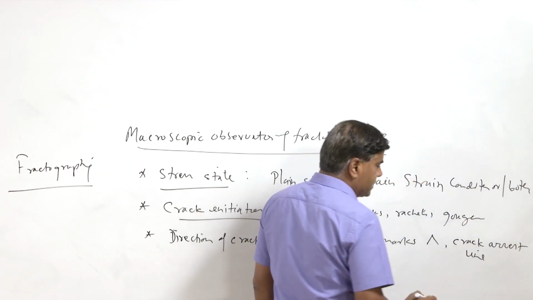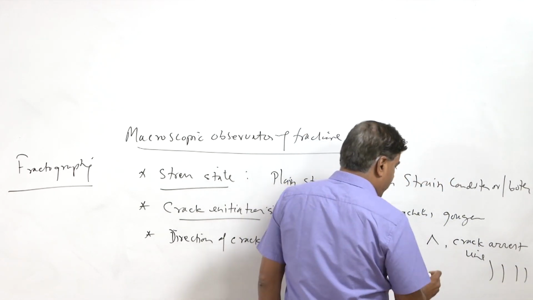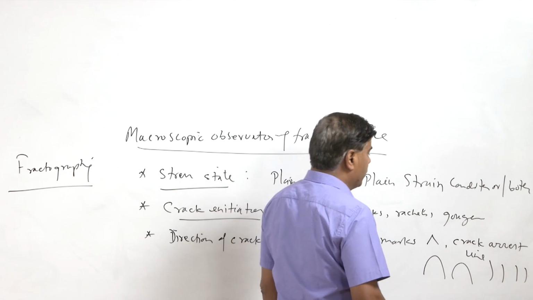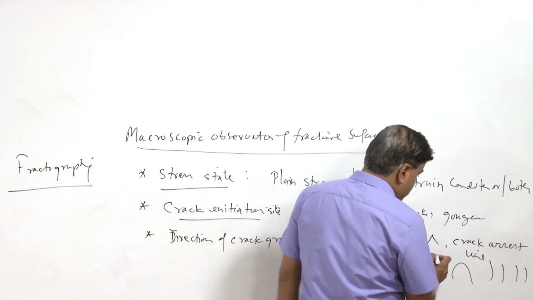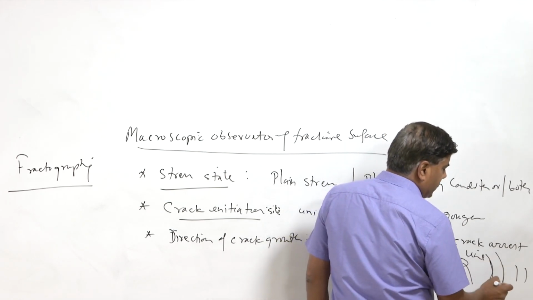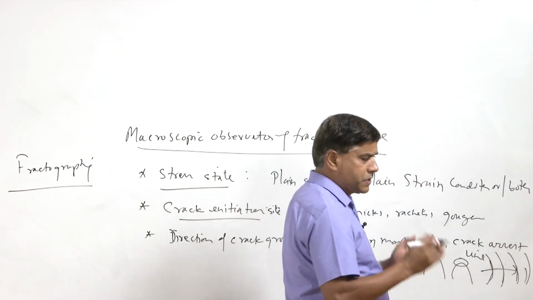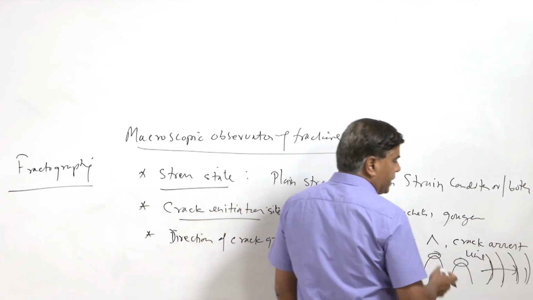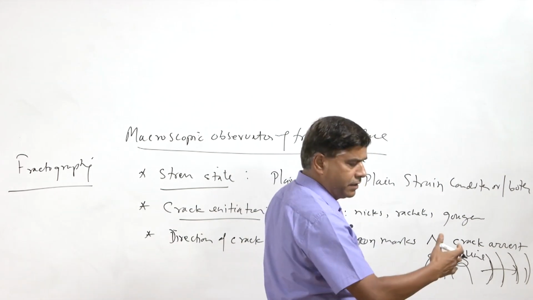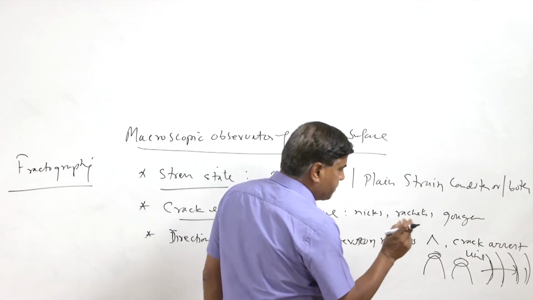These crack arrest lines are in the form of striations in case of cyclic loading, and they are U shaped in case of static loading or monotonic loading. So, this U points in the direction in which the crack has grown, or the increasing radius of these concentric circles or striations in the fatigue fracture surface indicates the direction of growth. It is easier to identify the direction in which the crack has grown in case of fatigue fractures, because the spacing between these